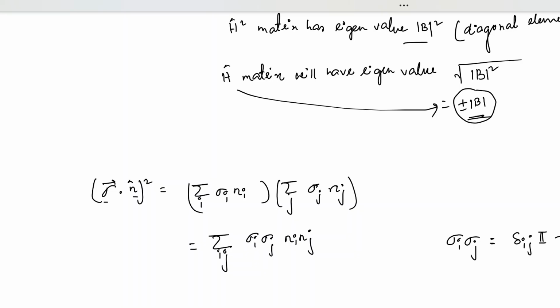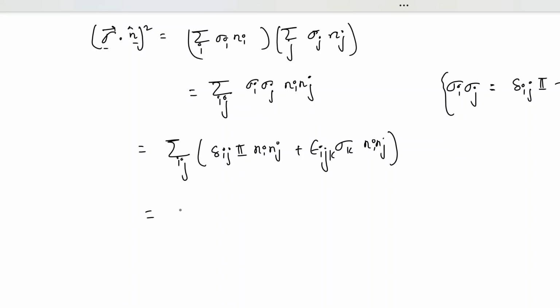So epsilon ijk and sigma k. This is a property of Pauli spin matrices which you can use here. So this is equal to delta ij, and you multiply it by the remaining term, which is ni nj plus epsilon ijk sigma k ni nj. So the first term is just